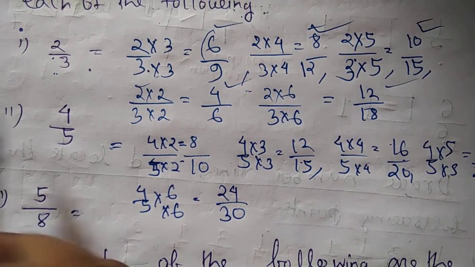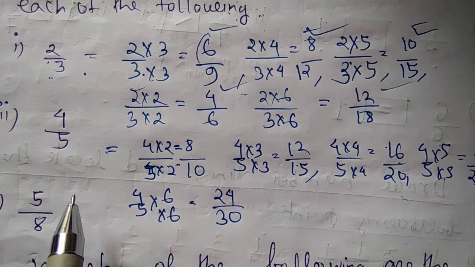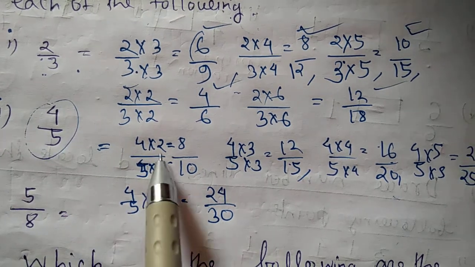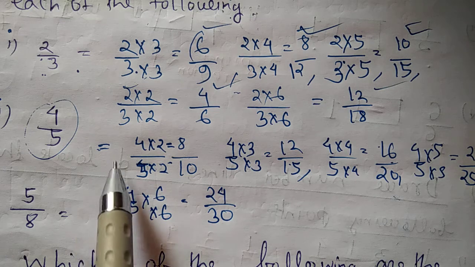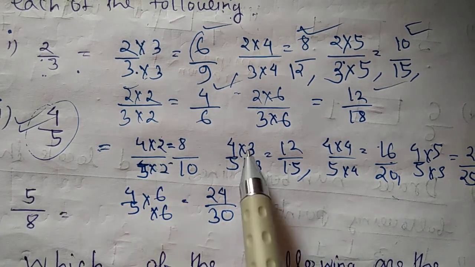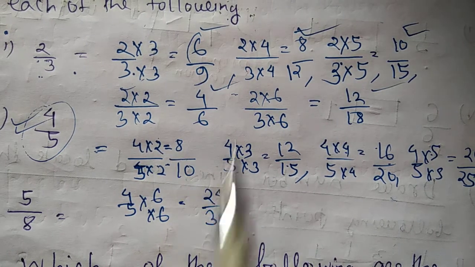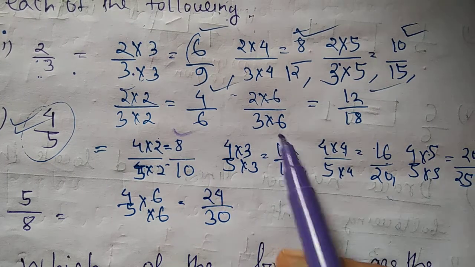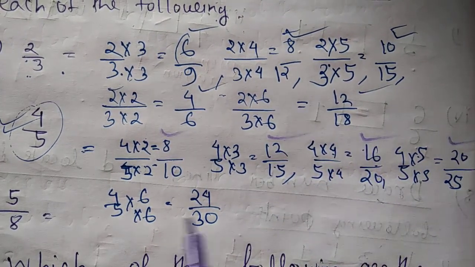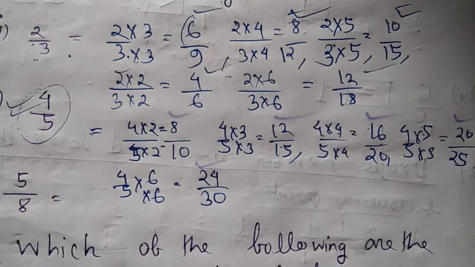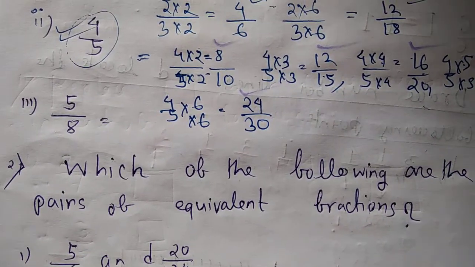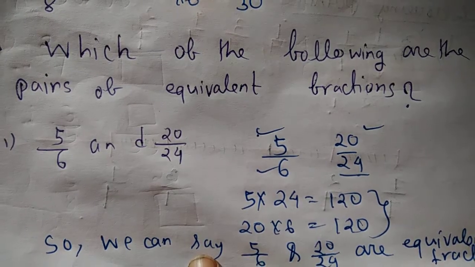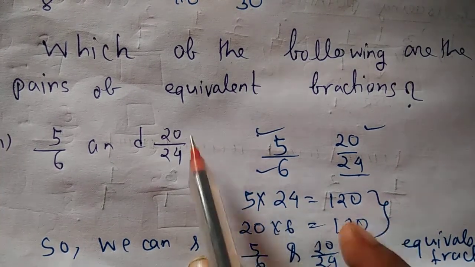And also in the next question, here we write 5 equivalent fractions of this fraction. So you can multiply the numerator and the denominator of this fraction with 2, 3, 4, 5 and 6, and you get equivalent fractions like 8 by 10, 12 by 15, 16 by 20, 20 by 25 and 24 by 30. So next we come to question number 2, so we read question number 2.